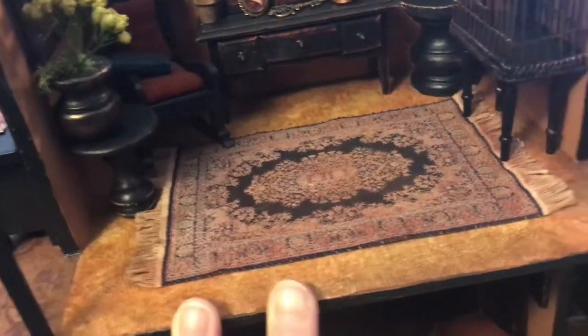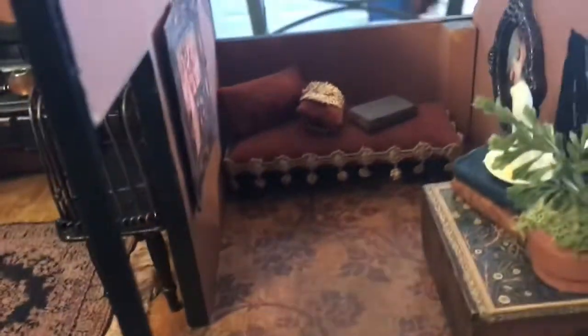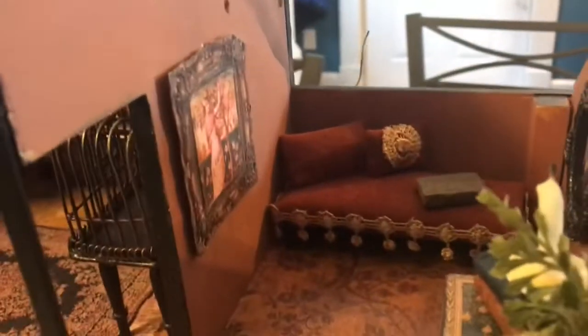So if you saw the transformation, you would be like, wow, you did a lot. But yeah, it looked pretty bad, but you had to use your imagination. And that's what I did and came up with how I wanted this to be. And here's another little room